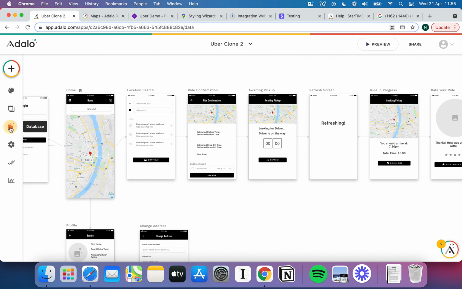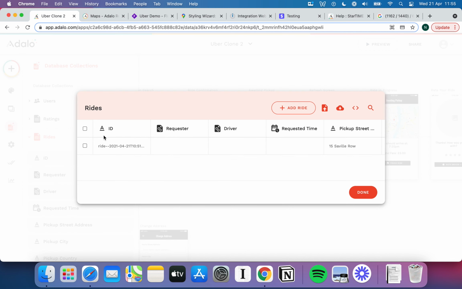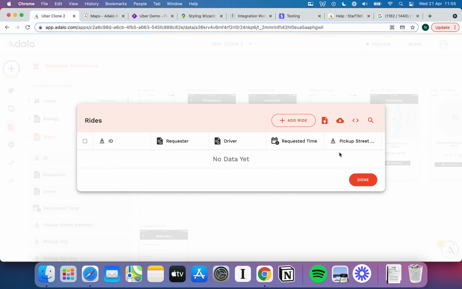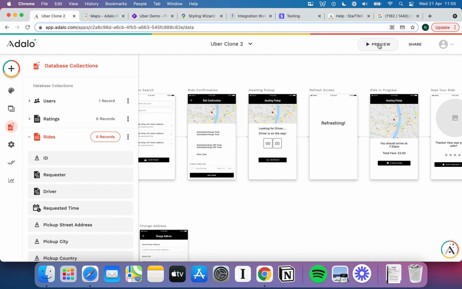So let's go ahead, let's just delete that ride, and let's check this one last time, make sure everything's working, which of course it should be. And if we hit preview,